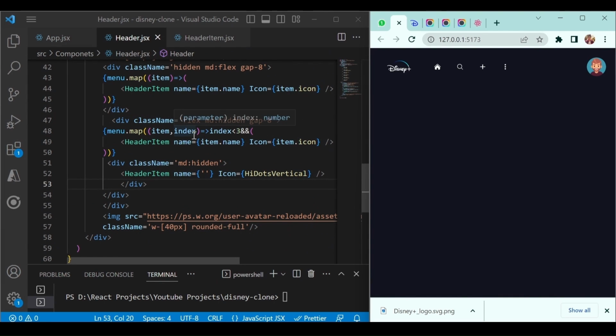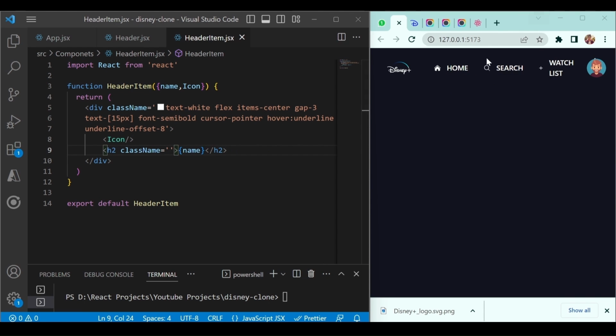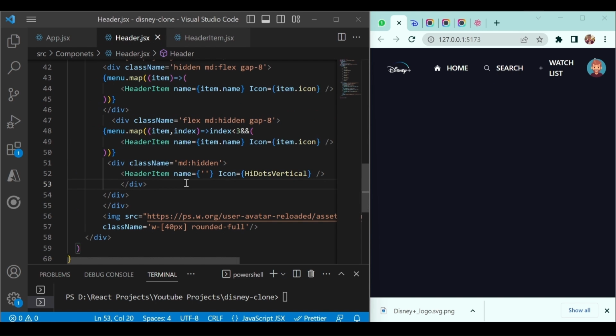So if you remember, in the last section we added this header item and we added this hidden name of the menu, right? I will remove this one because right now I will put an empty class. I don't want anything, right? We will show this information. So in header we have this second menu for the responsive unit, right?